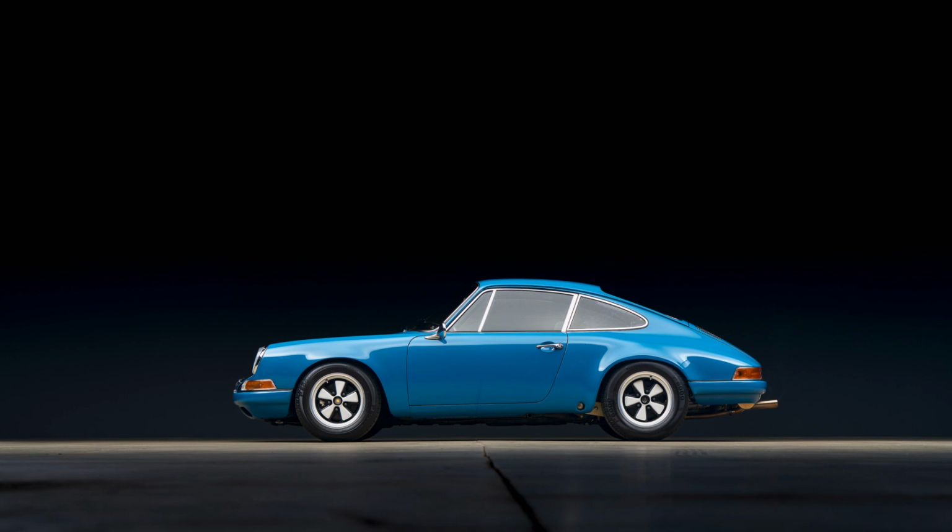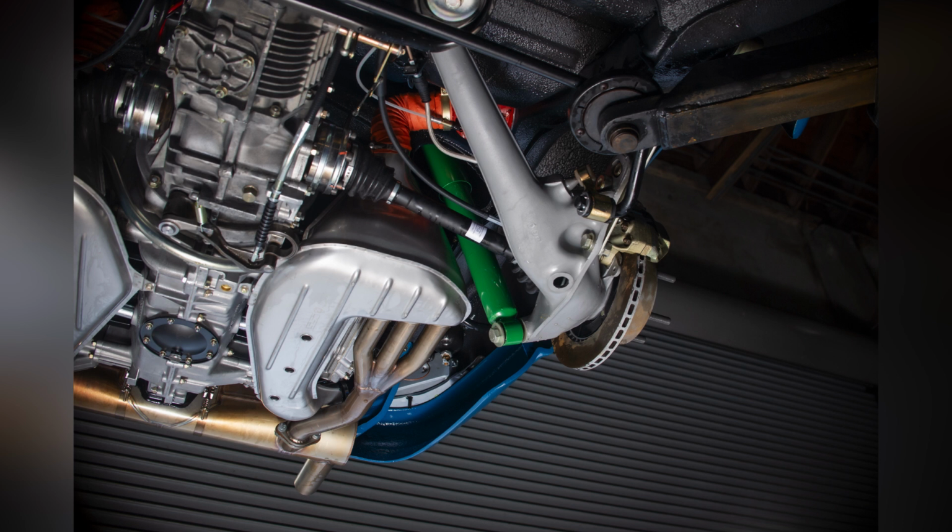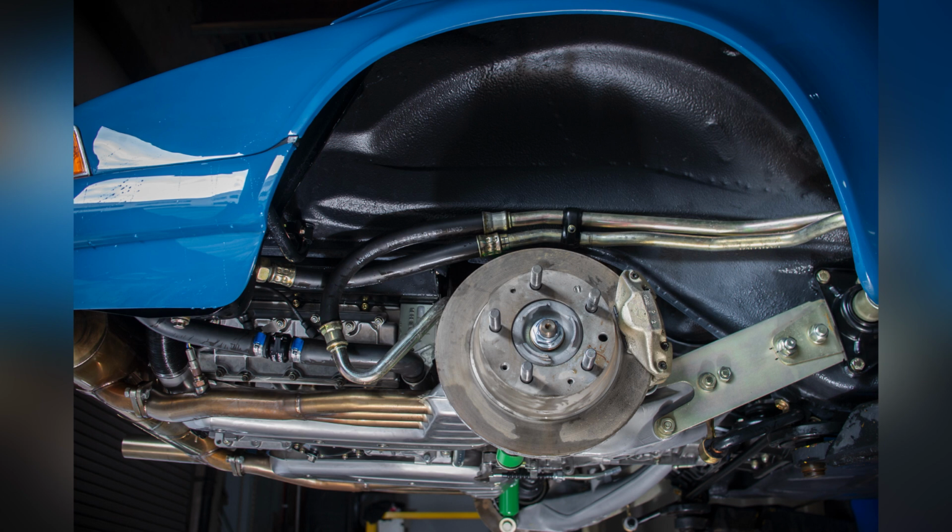So if we stay to the front, heading to the back, we go to the suspension. The control arms are brand new Dansk control arms, and I've removed the bushings and put the Elephant spherical front bushings on. They're the best. Very expensive, but they're the best. They don't add any vibration or anything into the car, and that's why I use them. And then the camber plates, obviously all restored. That is Elephant Sport rubber. And the torsion